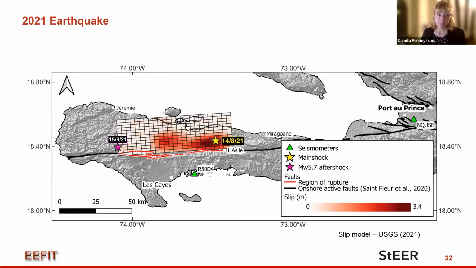Next. Based on the ground displacements recorded by radar, which Valentina and Mata will talk more about in a moment, the USGS does a preliminary inversion for where slip has occurred at depth on a fault plane. This is just a surface projection of a dipping fault, showing that there's about 3.5 meters of slip in this region. And the important thing, I think, here from an engineering perspective is that when we're looking